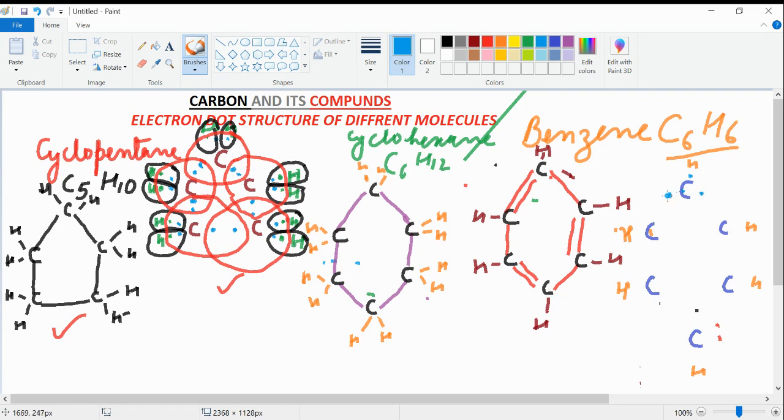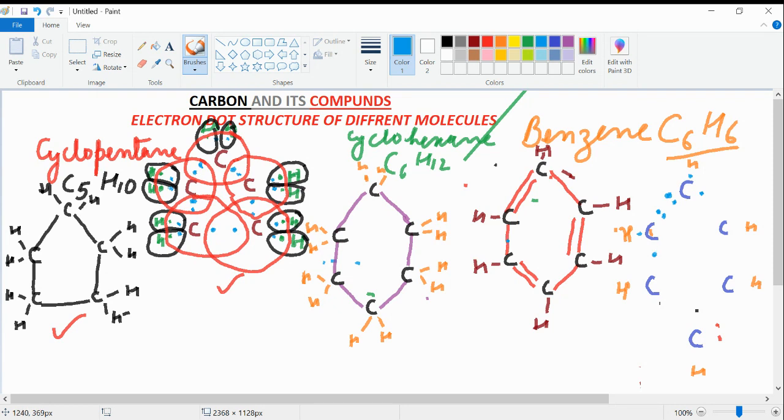3. 3 I have shown you by drawing. And where will the 4th electron be drawn? Where there is double bonding, there is sharing of 2 electrons. As I told you earlier, when there is a double bond, the sharing of 2 electrons takes place from both sides. So this carbon's 4 electrons are complete. Now we will complete the 4 electrons of this carbon, 1, 2, 3 and 4.